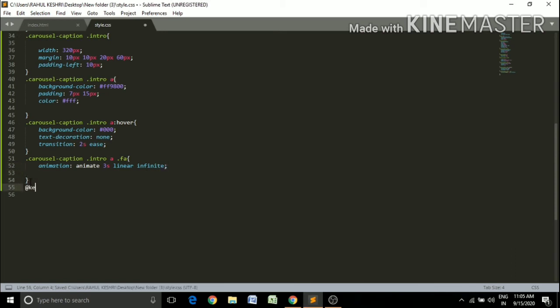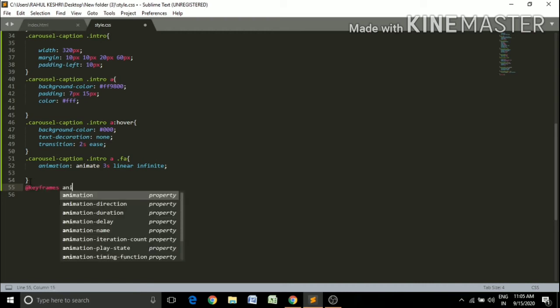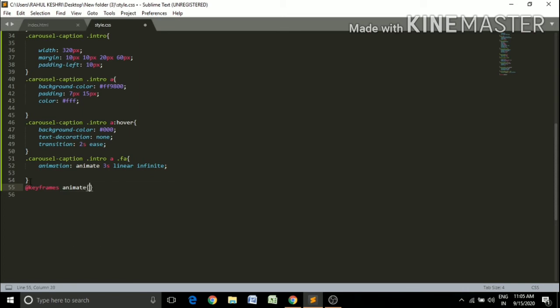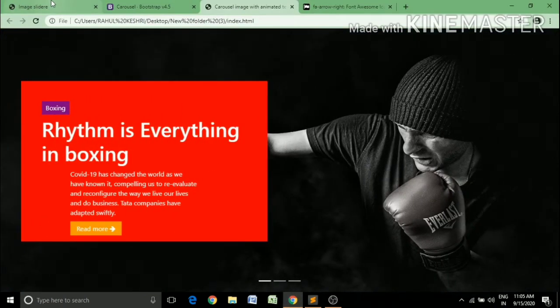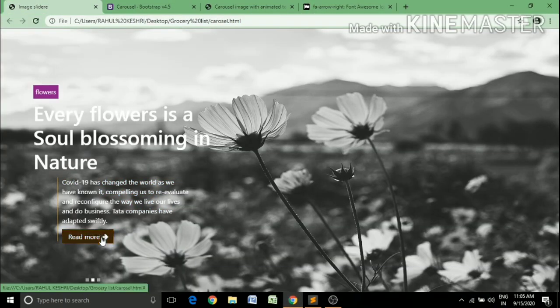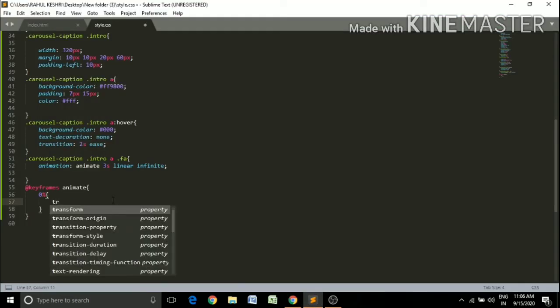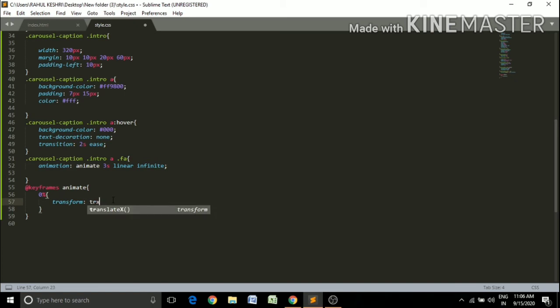To create an animation we have to use keyframes and give the animation name, for example animate. At 0%, since the icon is animating in the x-axis, simply use the transform property, translateX 2 pixel. Simply copy it and paste here.